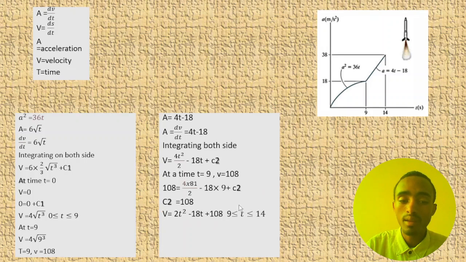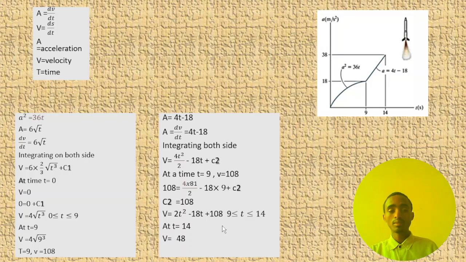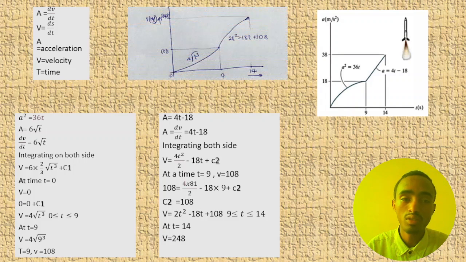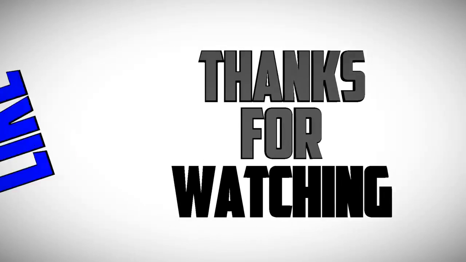From time 9 up to 14, at time 9 it is equal to 108, and at time t = 14, we will get the value by substituting t = 14 in place of t, and we'll get 248. After this, we can simply draw the graph, which means at time t = 0, we'll get v equal to 0, which is at time